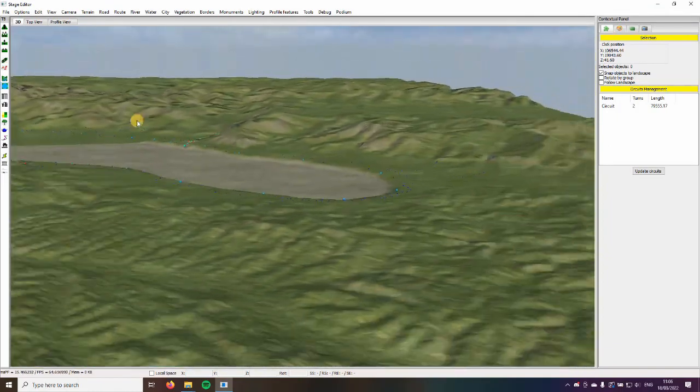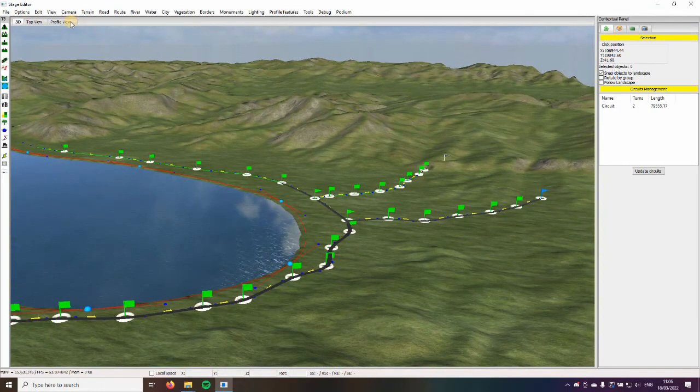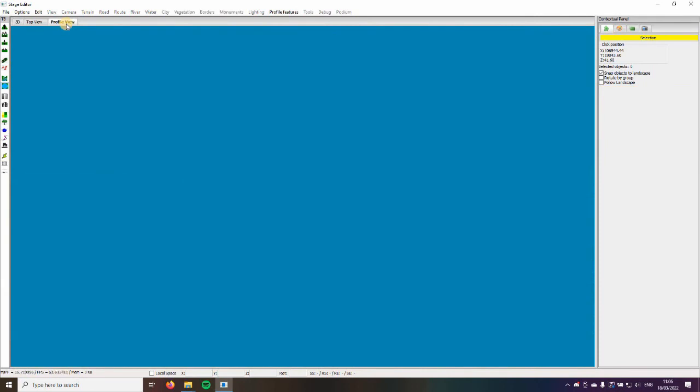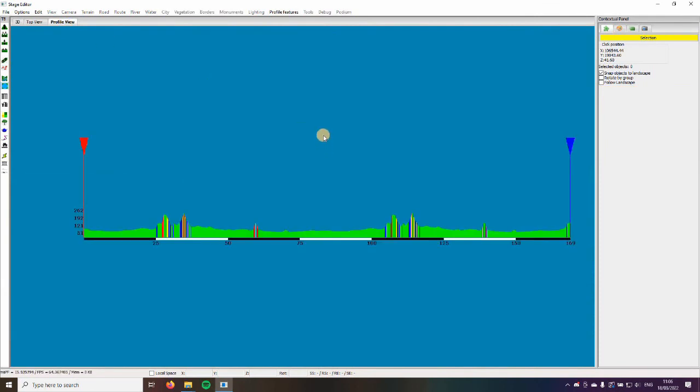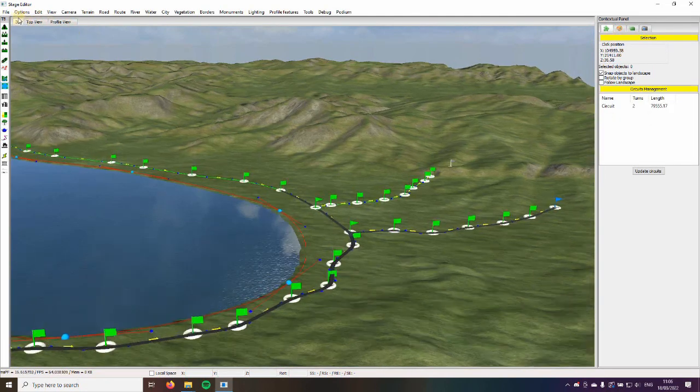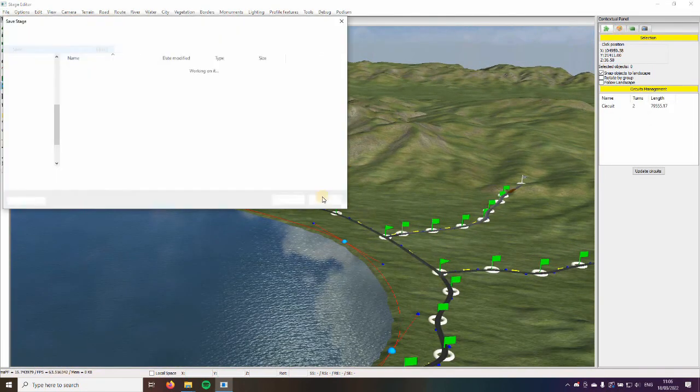So now we have our road and our route. Normally, if all is correct, you go to profile view, you press the space bar, and here we have our route. It's a bit hilly, flattish, you know. We will once again save the stage,